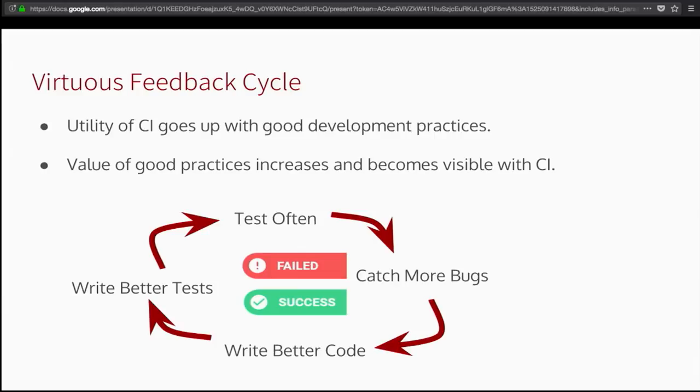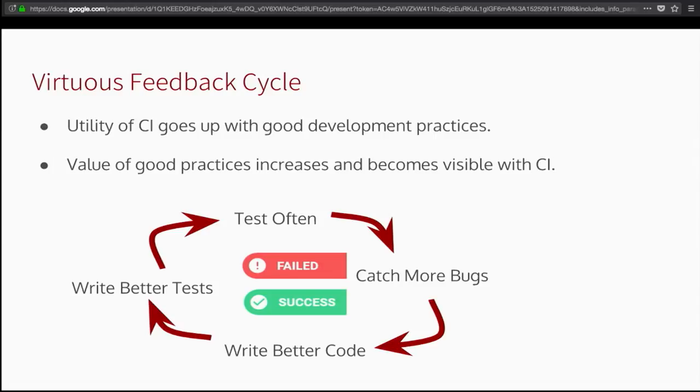Lastly, I want to highlight a virtuous feedback cycle on how we practice good development on Salesforce that is enabled and pushed forward by the use of continuous integration. And what I mean by this basically is that you get more value out of a CI process if you're writing pretty good code already, and if you're writing pretty decent unit tests. The information that CI is giving you is only as good as what you can get out of your code. So if your code's returning good information, like a unit test says good, and that means your code's really working, that gives more value to your CI.